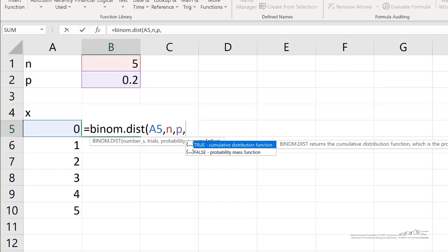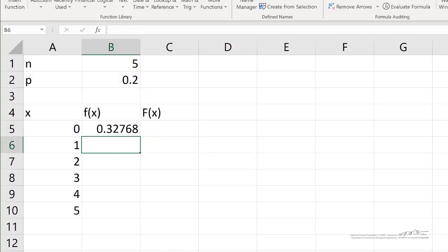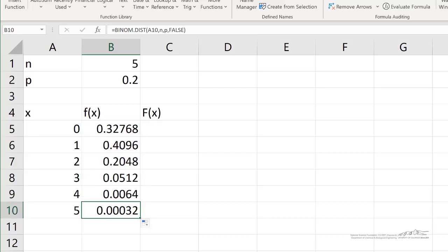And so what I'm going to do first is type in a false. So I'm just looking at the non-cumulative. This is exactly 0 successes. And I press enter and we get 0.328, which is what we got doing this by hand using the formula for the binomial distribution. And now I can drag this down.